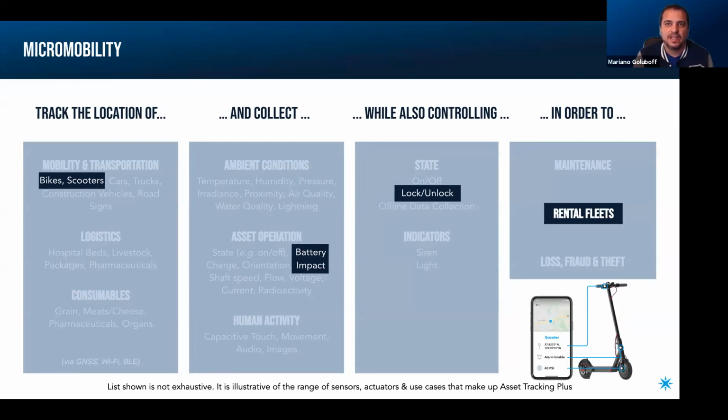You will need to collect data on the battery charge of the vehicle itself, measure impacts, for example, big drops if the users are misusing the scooter. And also you need to do some controlling of the device. You might need to lock and unlock an actuator. You might need to turn the siren on if somebody's moving it without unlocking it first. Or you might need to turn on the light.